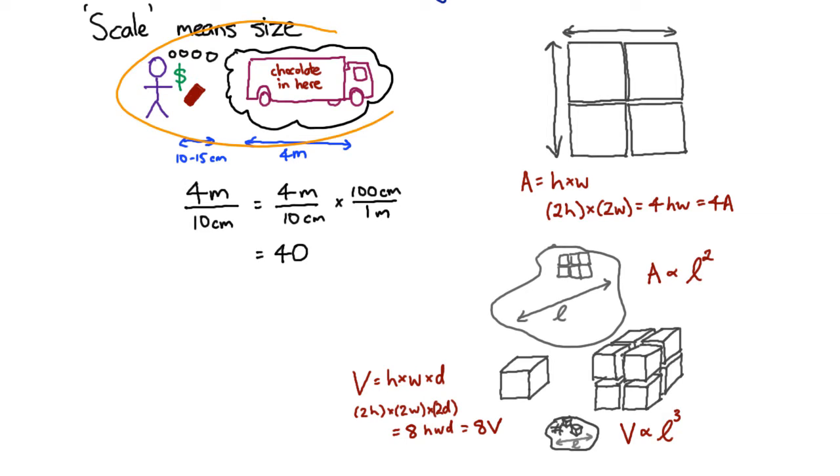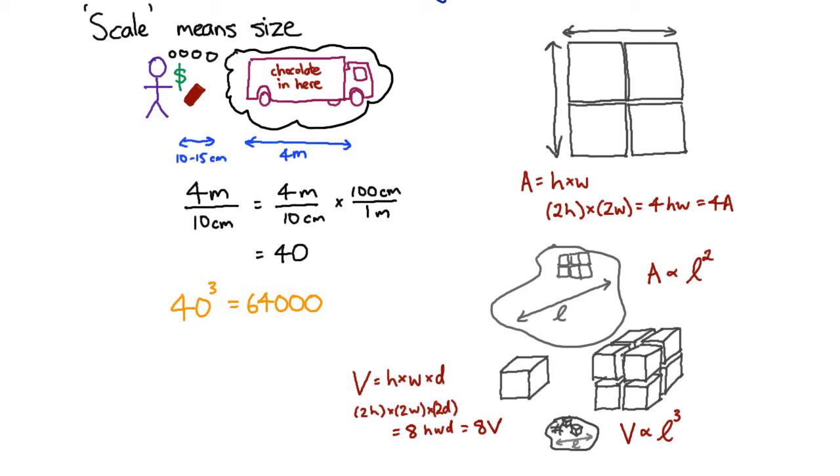Okay, so let's go back to the original question. How much would it cost me to buy my truck full of chocolate? Well, if I had a chocolate bar that was 4 meters long, so it looked exactly like a chocolate bar, it was just scaled up to be 4 meters long, we've already worked out that's about 40 times as big in one length. And so if I scaled up my chocolate bar by a factor of 40 in length, then the total volume, and therefore the total mass of chocolate, will go up as 40 cubed, which is 64,000 times as much chocolate, and presumably would cost about 64,000 times as much,